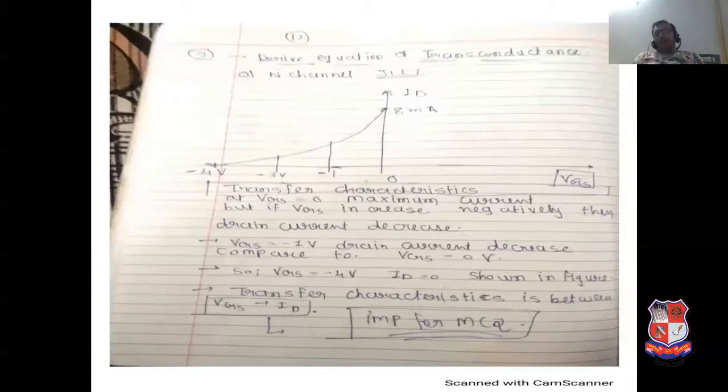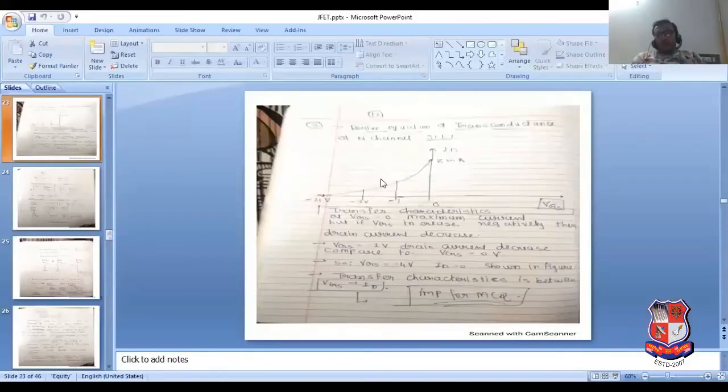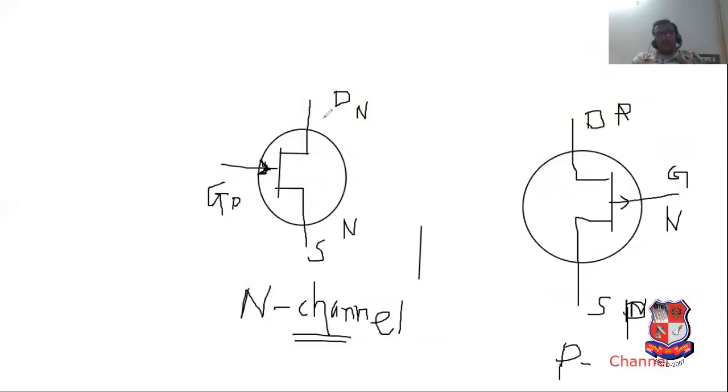What is the meaning of transfer characteristics? It is the sketch between VGS and ID. I have again sketched it with the help of a whiteboard. You have to explain this very clearly. See this, this is the characteristics. Here we can sketch VGS. VGS means what? Again, repeat. Gate to source volt. And here we can identify the ID. ID means what? Drain current.